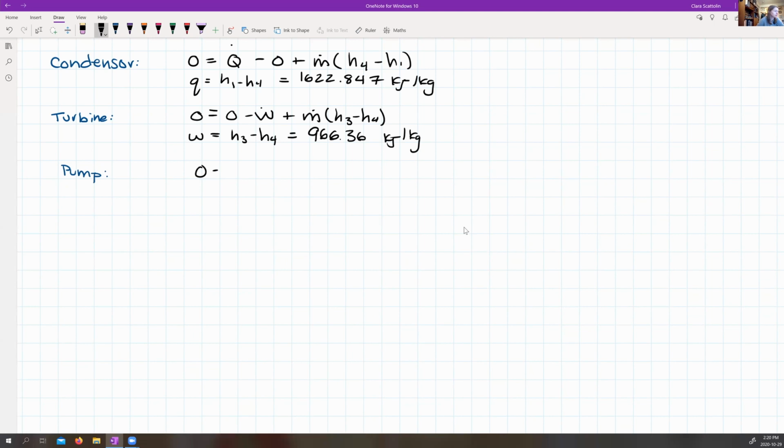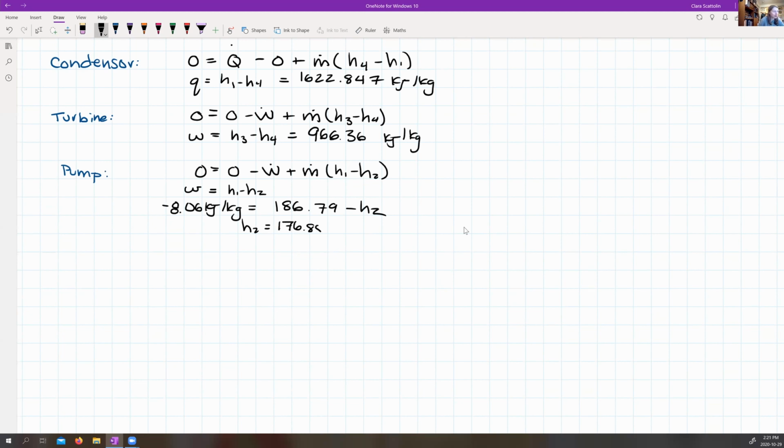So we know that Q is going to be equal to 0, no heat exchange. It does work. My mass flow in minus out. Now I'm just going to rewrite this in terms of specific work, again, because that's actually what's given in the question, a work in kilojoules per kilogram. So my work is going to be equal to H1 minus H2. My work was minus 8.06 kilojoules per kilogram. My H1 was known, 186.79 minus H2. If I rearrange, you'll see that H2 is 176.85